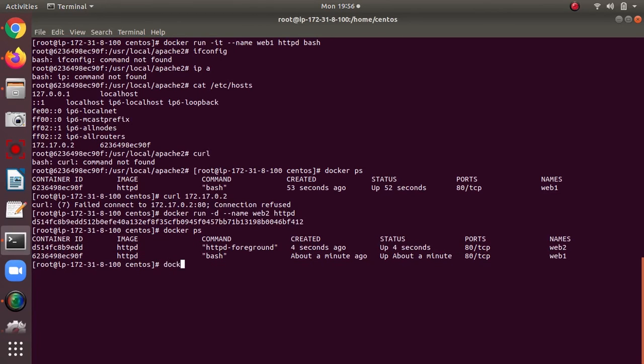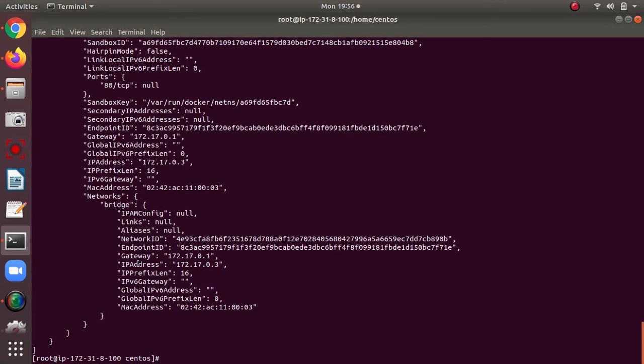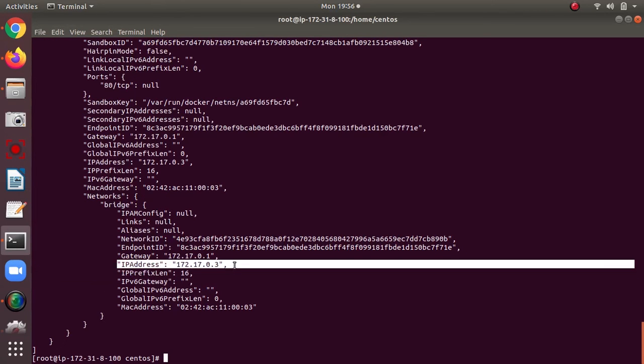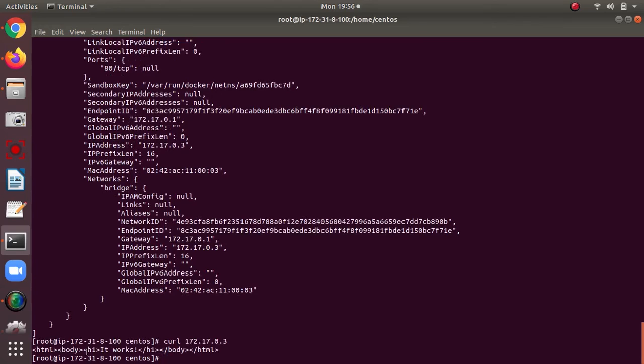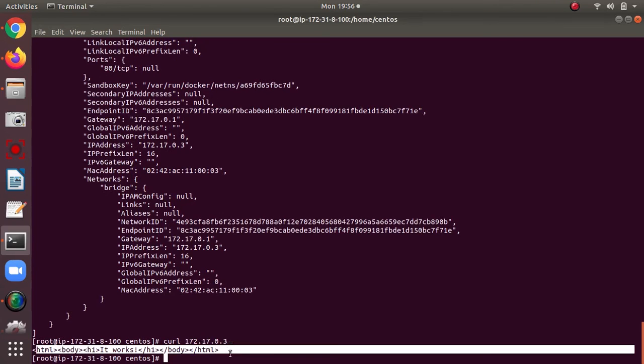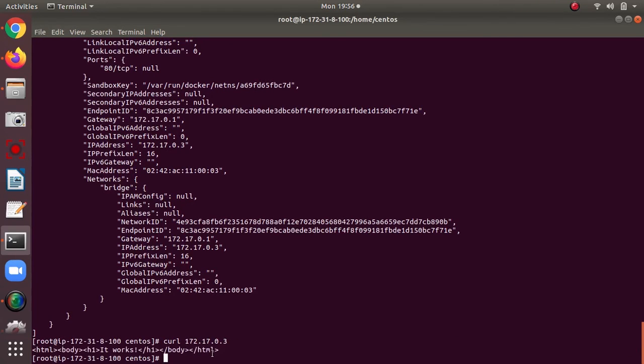As I told you, we can use the docker inspect command. Giving the container name web2 to inspect, here is the IP address. Now I curl this IP from the host, 172.17.0.3. Yes, now it reaches the container directly.